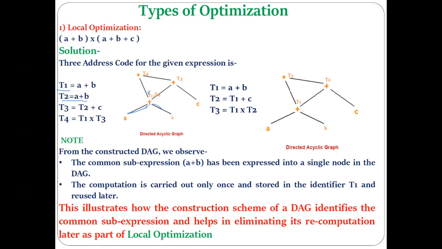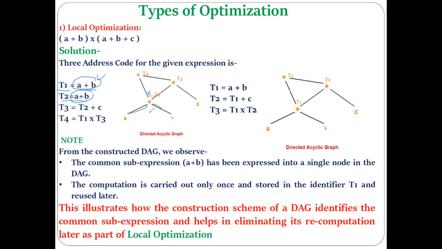Now in the DAG, a separate node will not be created for t2, because a plus b is already computed and a node for that is already created here. So according to the property of the DAG, the check has to be done. You have to see in the DAG whether a node is already created for this sub expression. Now again the same sub expression is getting repeated, so you can see here, by putting a comma, I am writing t2. Understood? Because a plus b is already computed.